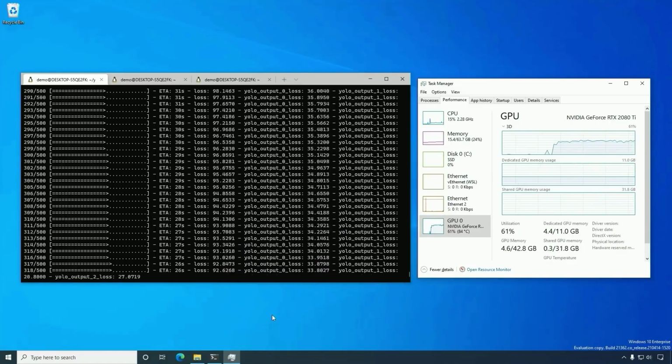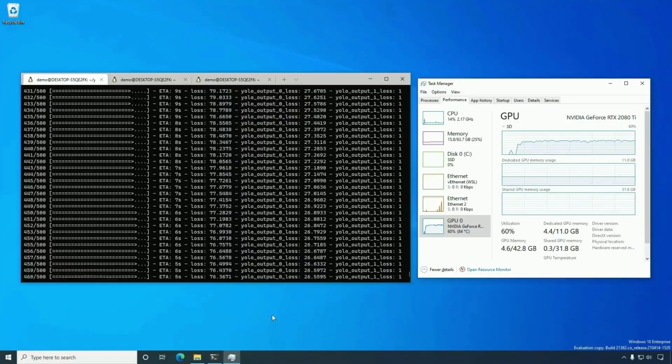And what's great about Windows Subsystem for Linux 2, which is what this is utilizing, is that it uses your GPU rather than your CPU to do all of this computation. So I truly am getting the most out of this machine while running this on the GPU rather than the CPU in WSL. Now that this is running, we're going to let this finish, and then I'll be able to show you what it looks like in another tab here in Windows Terminal once it's been exported and the